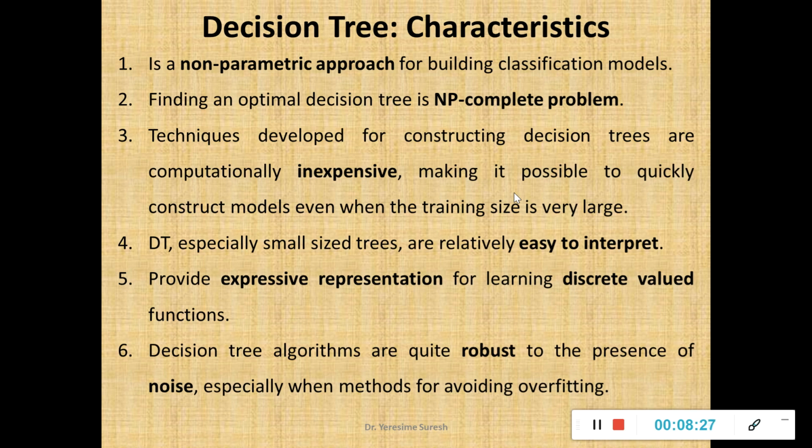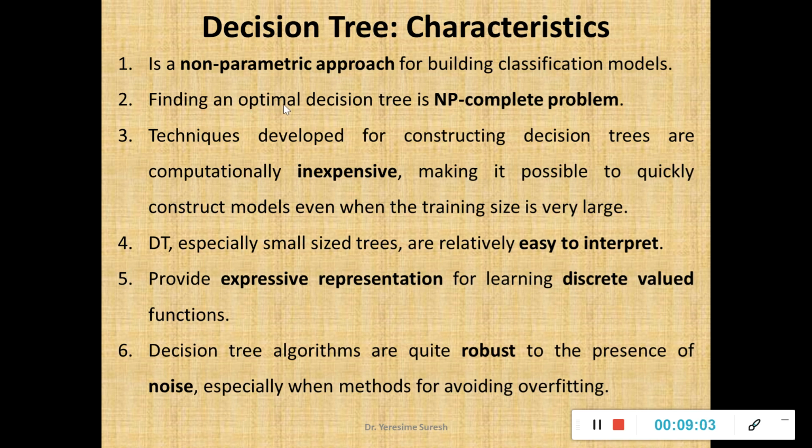An optimal decision tree is the one, if I start constructing a decision tree, there might be n number of trees possible. If I use Gini index, my tree might look different. If I use entropy, my tree construction or the design will be different. If I use misclassification error rate, my tree might look different. So there is no rigid criteria that for all the data sets, if I apply a decision tree, this is the decision tree structure it is supposed to be. Nothing like that. Based on the type of measure I am using, my decision tree will vary.